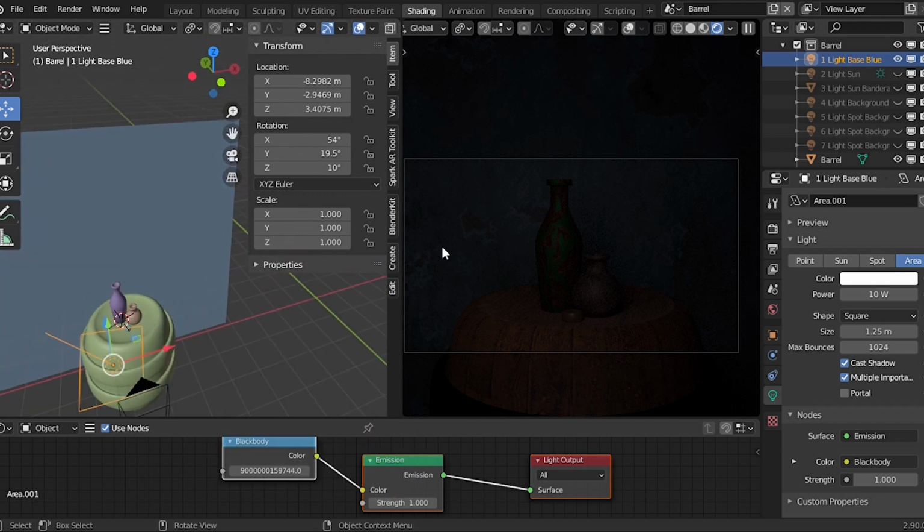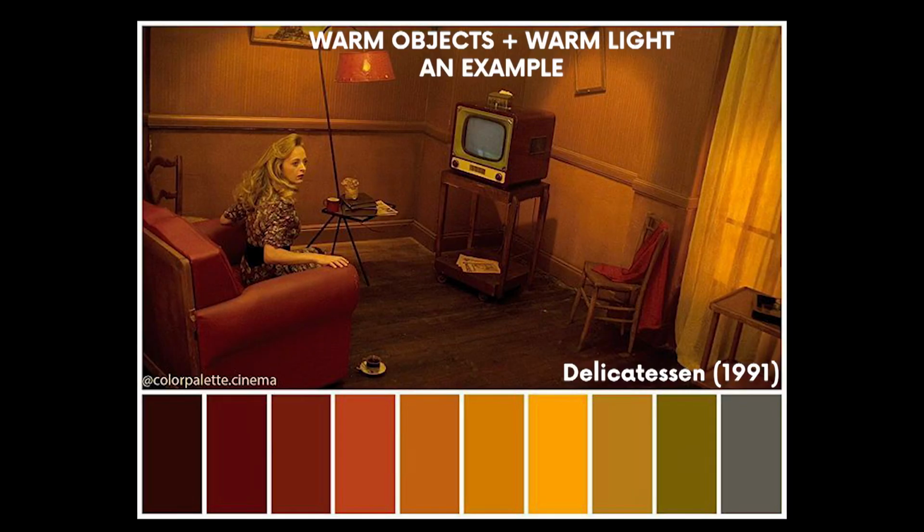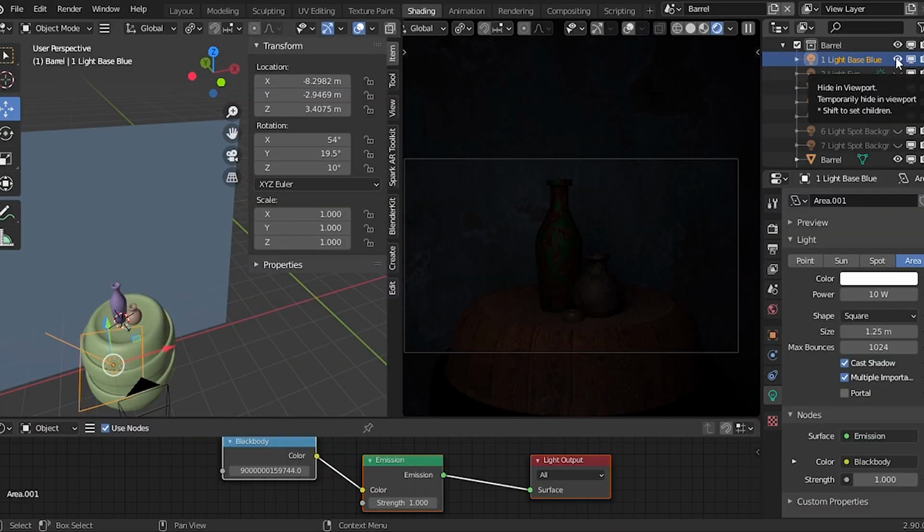and the reason why I chose a cool basis for the light is because the color of the objects is on the warm side already, and because I knew that my other lights were going to be warmer. So by putting a cool light on the whole scene, I will have some balance between all these warm tones. You could choose all warm lights on warm objects, but that just wasn't what I wanted in this case.